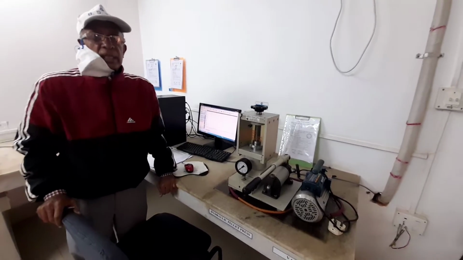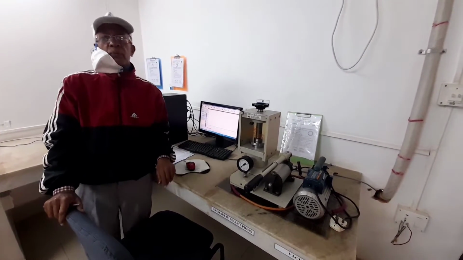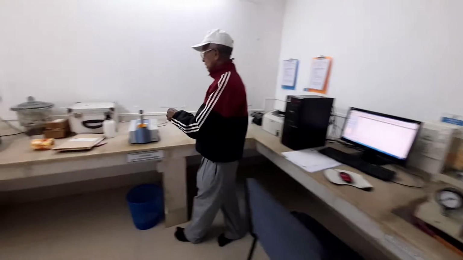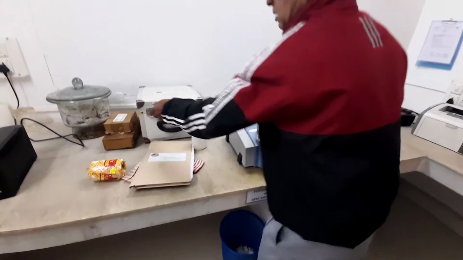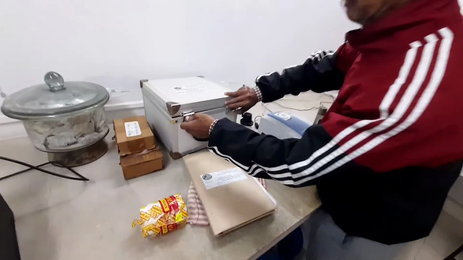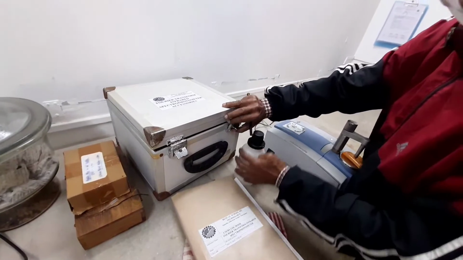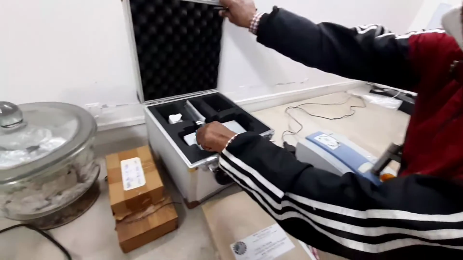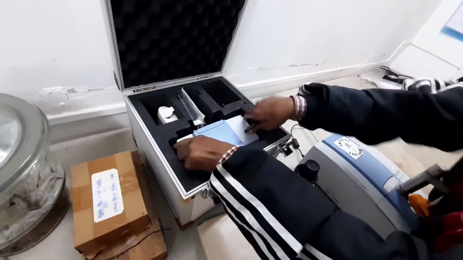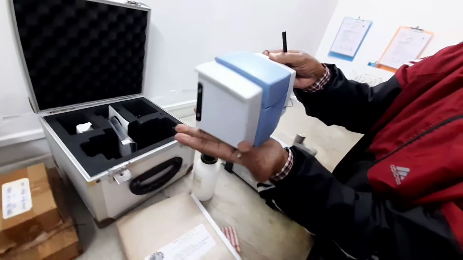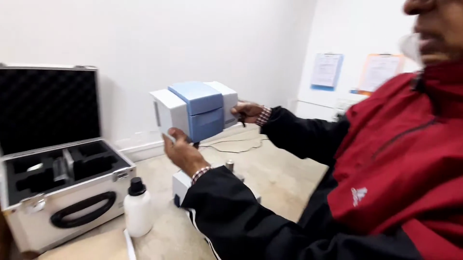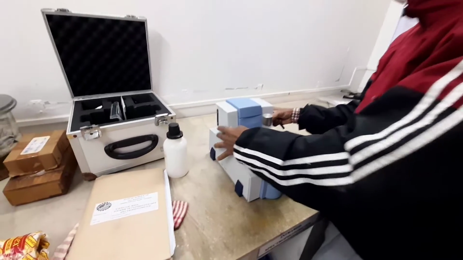So if it is translucent or opaque, there will be no IR spectrum. So after making the pellet, you have to place this pellet here. One ATR system is there. We have one ATR FTIR system, where you have to place this. This is an FTIR arrangement. We have to place it here by changing.